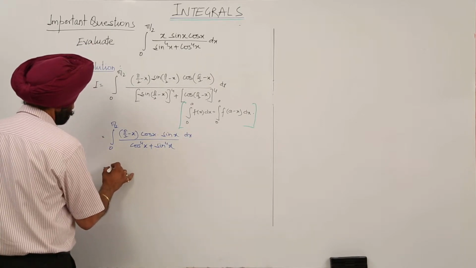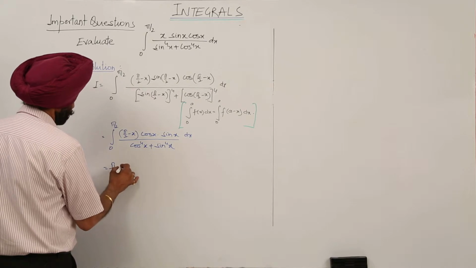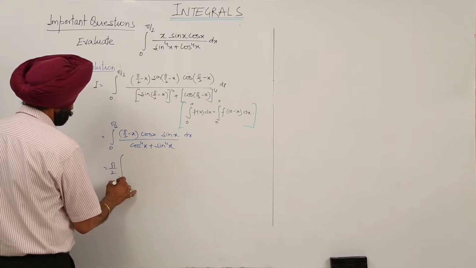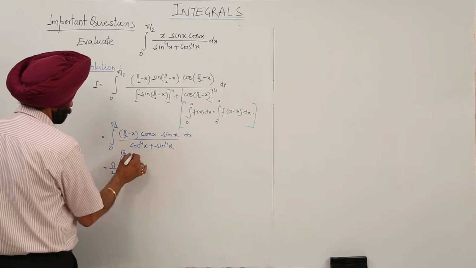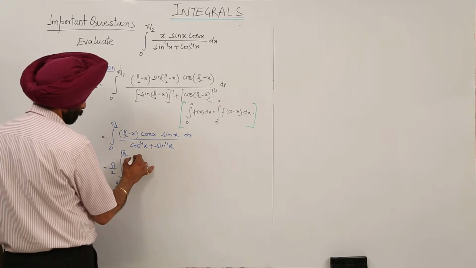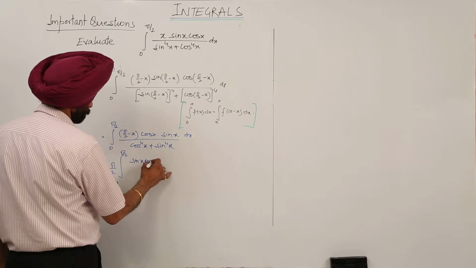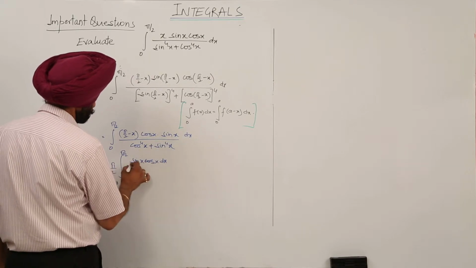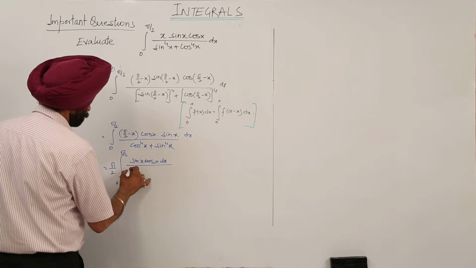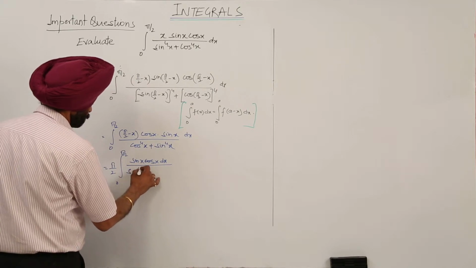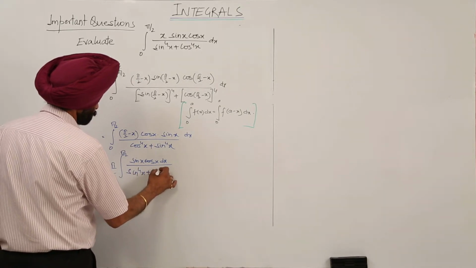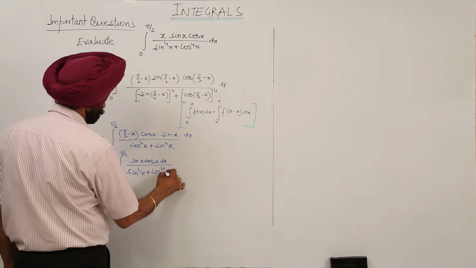Now this can be written as pi by 2, integral 0 to pi by 2 sin x cos x dx upon sin raised to power 4 x plus cos raised to power 4 x